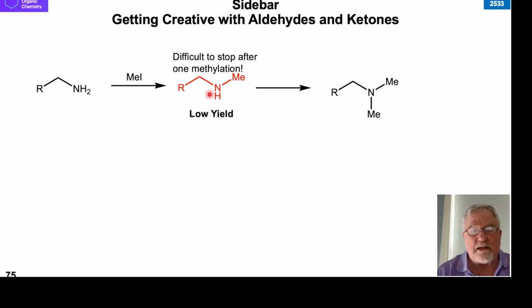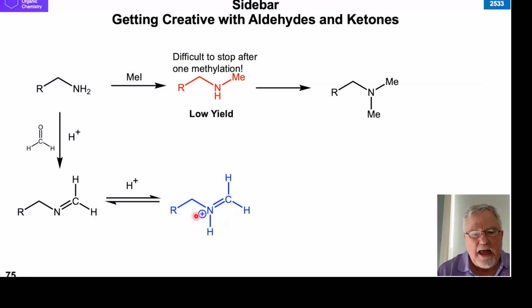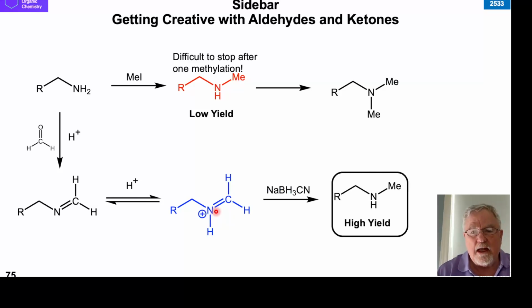If we wanted this as our product, we have another alternative route. We can take formaldehyde in this instance and react it with a little tiny bit of acid with the primary amine. And remember, the first one of the intermediates that we get is this positively charged iminium cation. As it turns out, this is a very good electrophile, and it is easily reduced, and we can just put in a mild reducing reagent like sodium